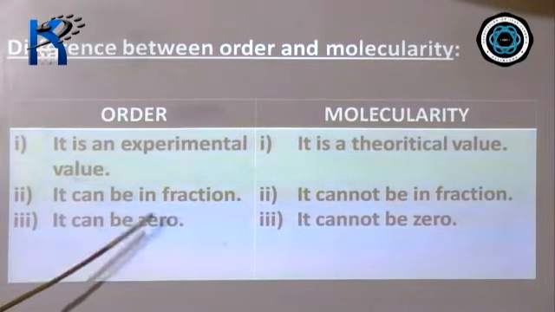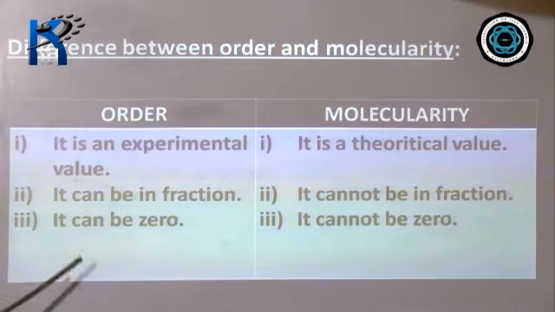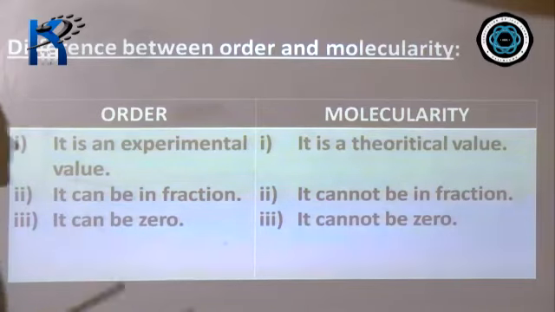Order can be in fraction, but molecularity cannot be in fraction. Order can be 0, molecularity can never be 0. This difference has come 3-4 times in ISC students, so go through this difference. You can add one more point for both, giving their definition. So here you can give the definition of order, here you can give the definition of molecularity, which gives you